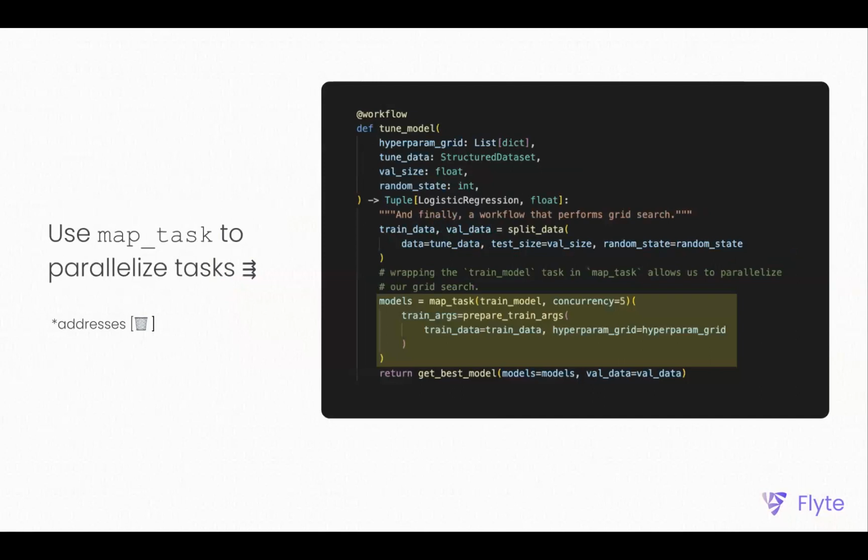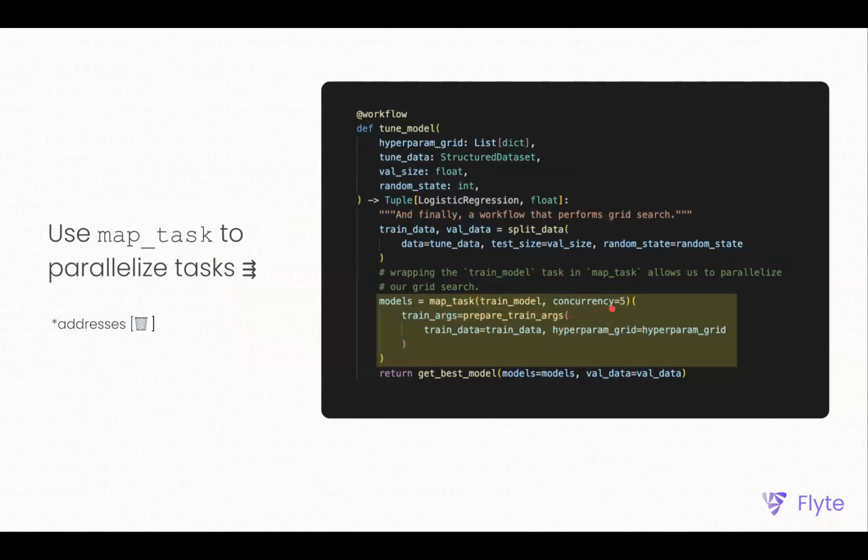You can scale out with map tasks. So if you're familiar with the map abstraction in Python, you basically take a function and you apply the function to elements in an iterable. This is a similar kind of abstraction where if I want to do grid search, for example, I take my train model task, I wrap it with map task.